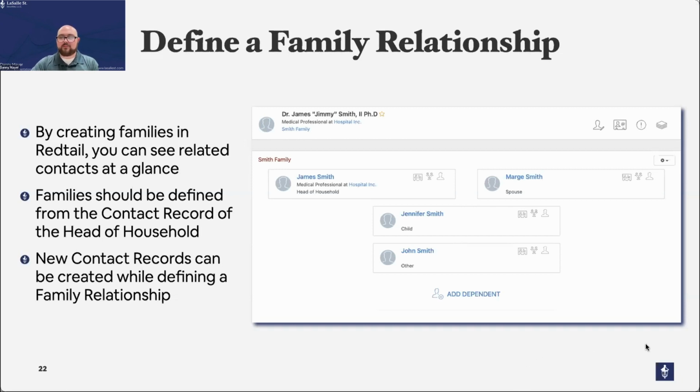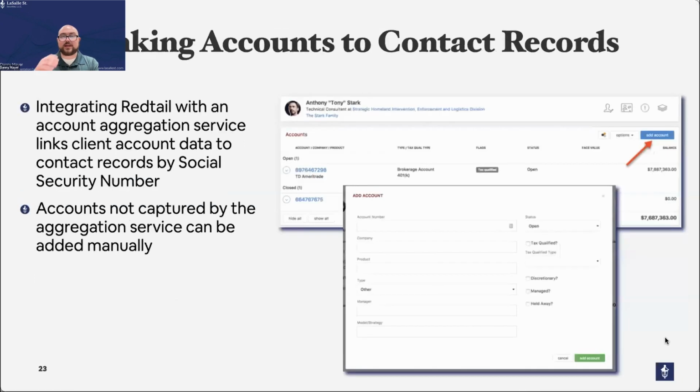Now, one of the main appeals of Redtail specifically is its integration and its ability to work with a ton of different fintech companies to import contact records or to link contact account data into the CRM. So if you are integrating with Redtail with an account aggregation service, everything is automatically linked based on the social security number. So assuming that the social security number listed on the contact record in CRM matches what was provided from Wellscape for that account number, that account from Wellscape will be linked automatically